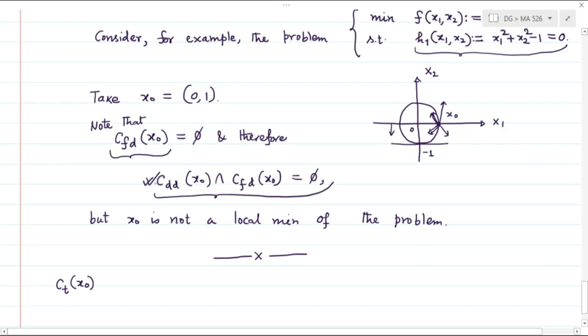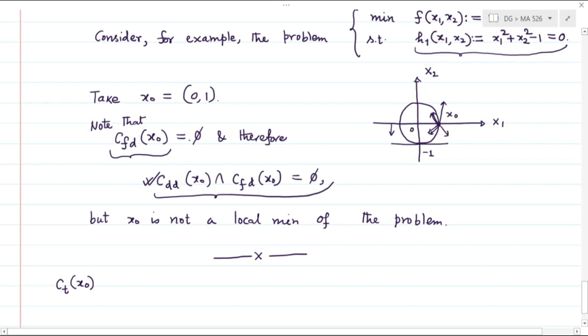I will discuss what limitation you have. The limitation is evident here: if the constraint set is just a curved surface, like here, the constraint set is just a curve and not inside the curve, right? So if you have the feasible region only a curve or a curved surface or a curved hypersurface in the n-dimensional Euclidean space, then what will happen? Most of the cases you will find that this CFD is a null set, and therefore what you will have,